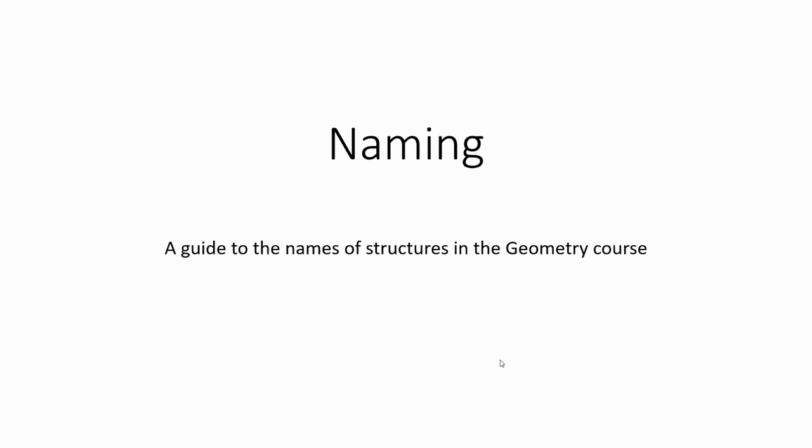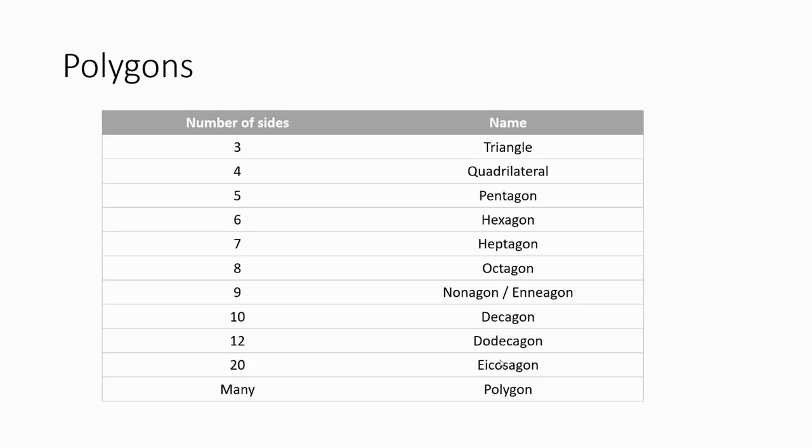We're now going to look at names that we use for various different shapes in the course, two-dimensional shapes. So we're talking about closed figures called polygons. A three-sided polygon, well, you know that to be a triangle. If it has four sides, it's called a quadrilateral. And from then on, we use the Greek number and the Greek name end gon to say how many sides